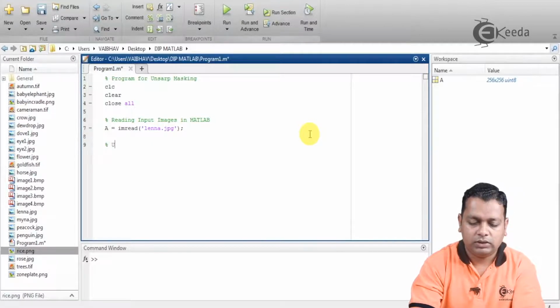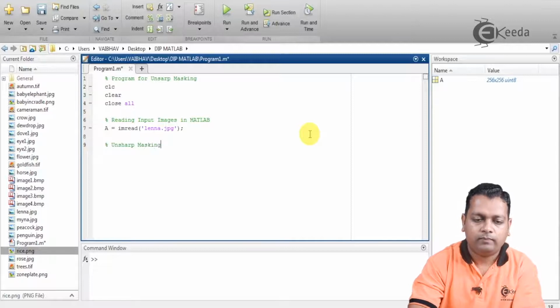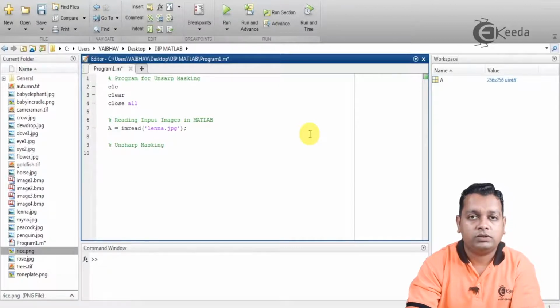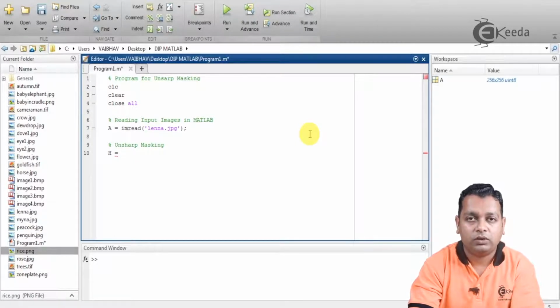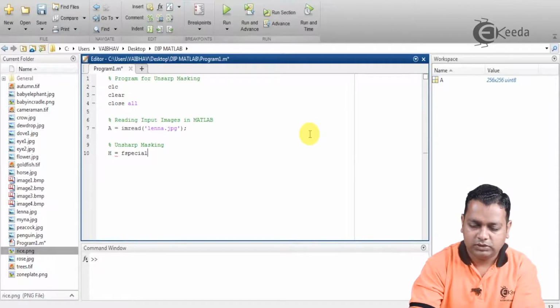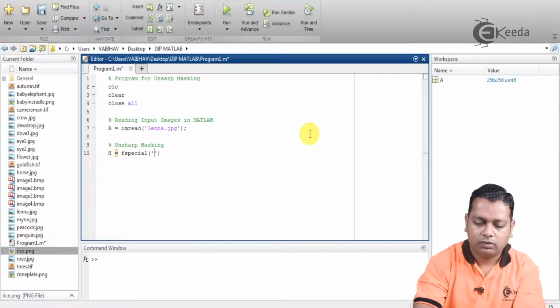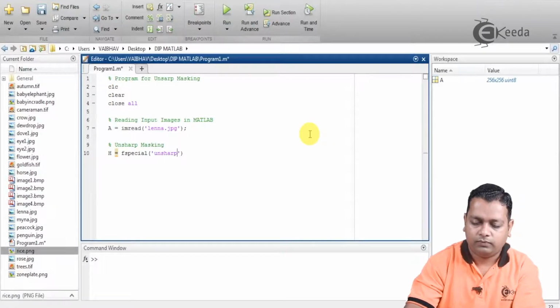The module is unsharp masking, and under this module we shall work with a new function. The capital H variable we assign with the new function, that is fspecial, and we provide the input unsharp.